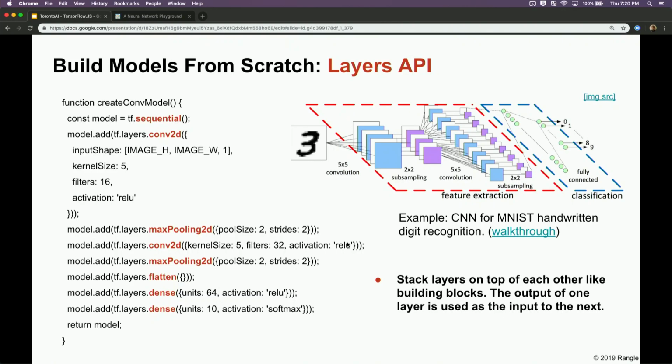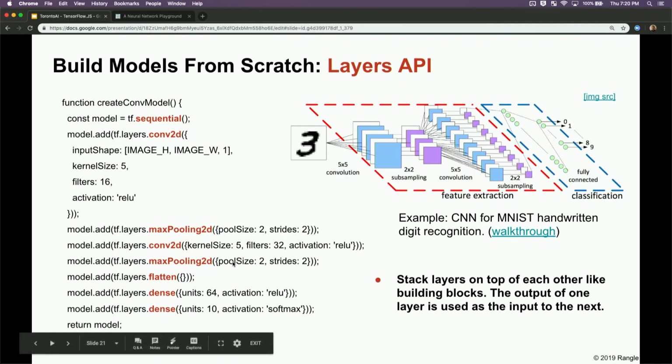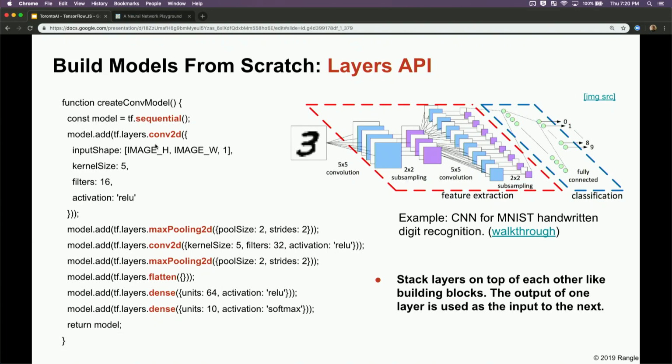And then usually the values within all these filters get flattened, and it goes to, say, a dense layer of neurons that connect up to what's called a logits layer, which tries to map that particular set of filter activations to one of these numbers. This seems super complicated to newcomers, but again, TensorFlow.js, like Keras and Python TensorFlow, makes it super, super easy to build this network. So we're going to do that together.